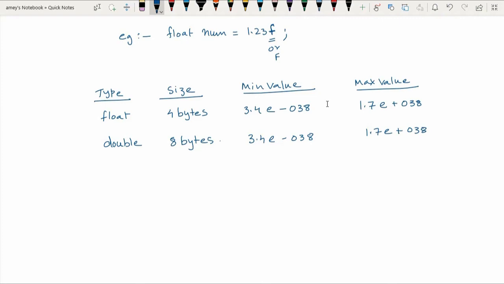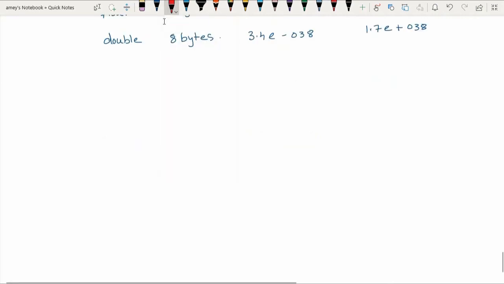Now one more thing that you need to note is, in Java the floating point data type supports a special value which is called NaN, and NaN stands for not a number. This is very important. So NaN, or not a number, is a special value supported by floating point data type. It is basically used to represent the results of operations such as divide by 0, where an actual number is not produced.